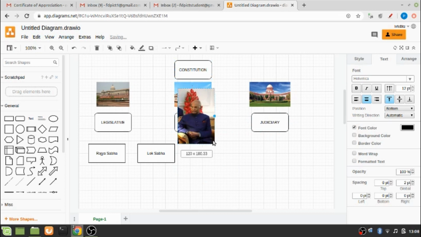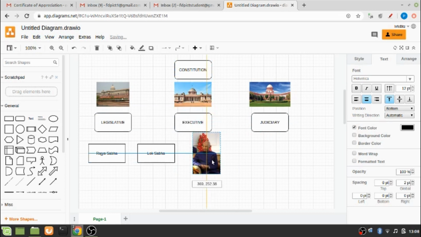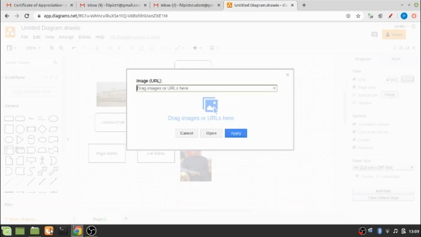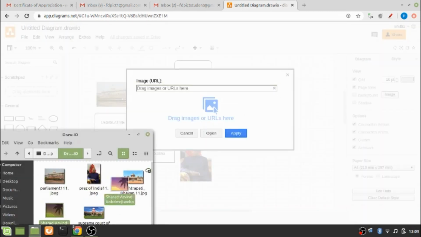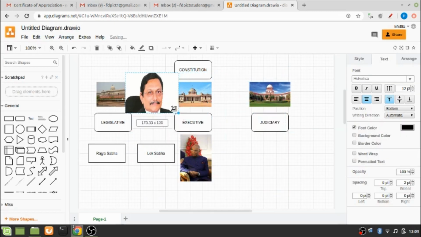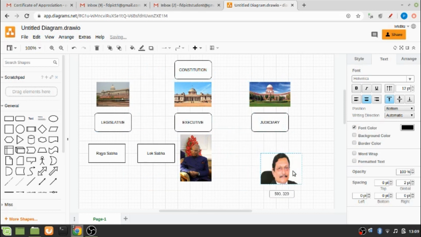So I'm placing this picture, say, in this position. And here, to represent the judiciary system, it would be better if I can get an image of our Chief Justice of India. So let me check. Yes, there's one picture for the CJI, and let me resize this picture and place it in the appropriate position.